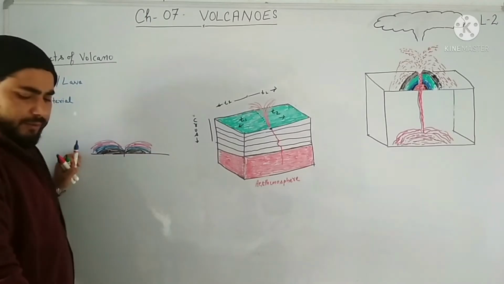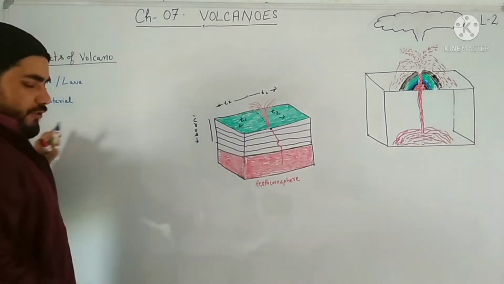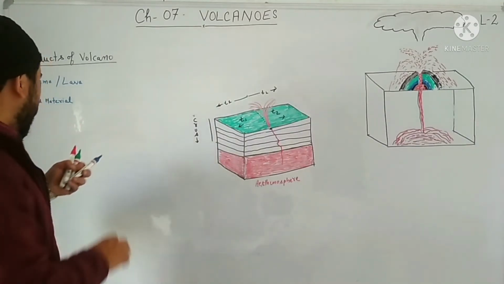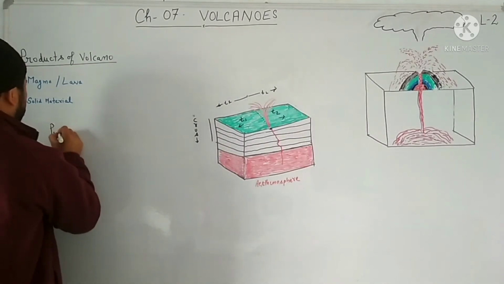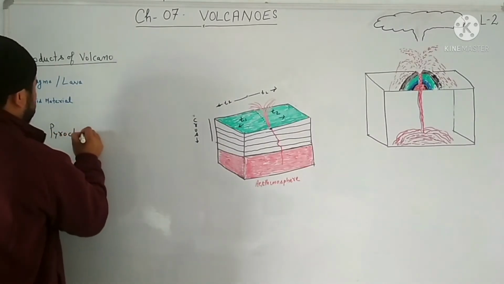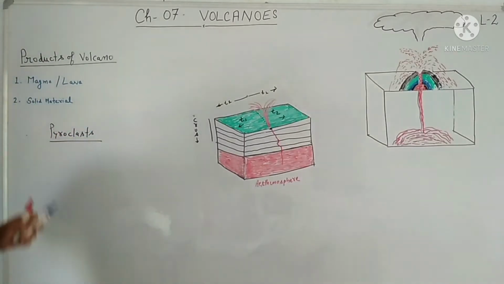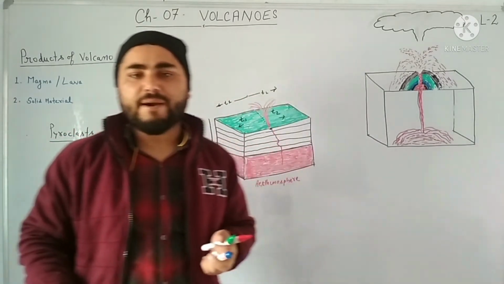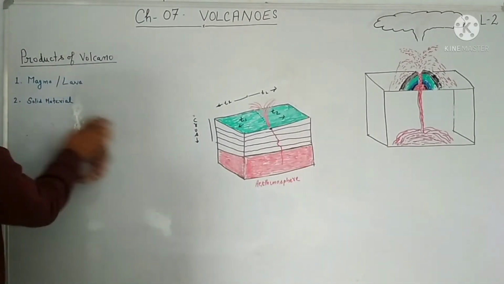So now these solid materials which we get, the fragmented solid rocks, are called pyroclast. What are they called? Pyroclast. Pyro means fire. So pyroclasts are the coarser fragmental rocks. What we can call it? We can write like this: pyroclast is equal to